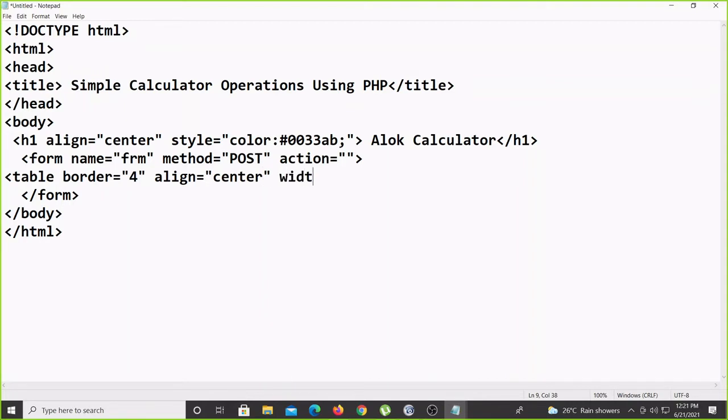Then we'll give a little width also, 400 px, because width is an attribute. So width equal to 400 we can write like this. If it is a CSS property, then we can go for width colon, including inline CSS; both are possible.